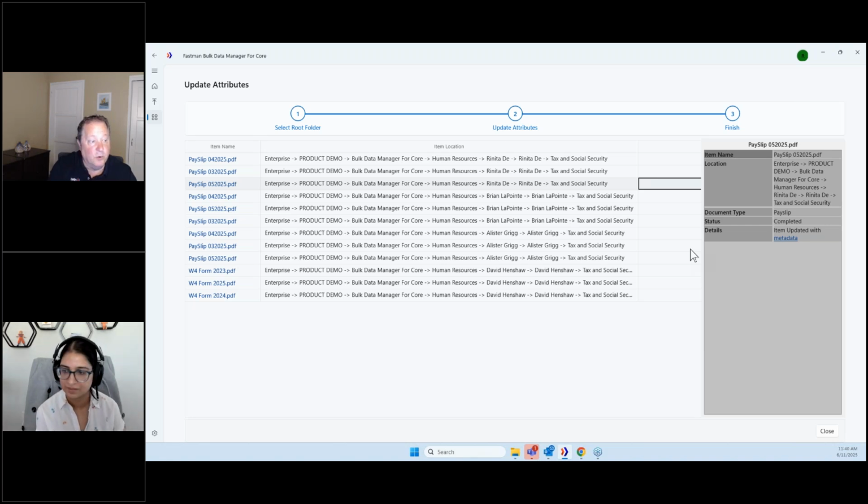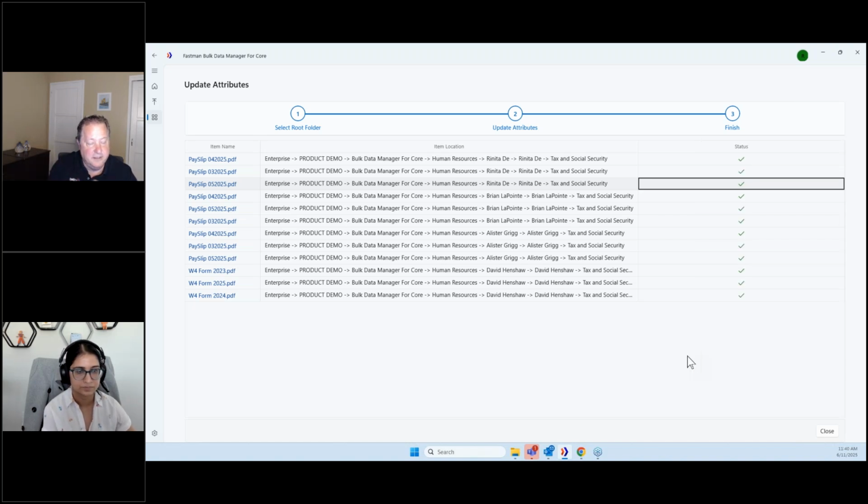People are buying Core Content because they want a fast way to get to the Content Aviator, right? Because it's all multi-tenant SaaS, that is the way to go. And keeping this metadata up to date, like you may have brought it in a migration, however you brought it in, but then you realize, oh, that's not exactly the way I need it, right? So to get the responses I'm looking for, this is a great way to go in and target your data, clean it up, fix things that need to be,